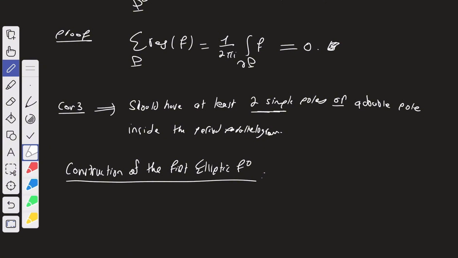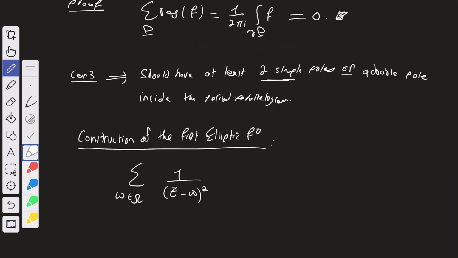Since we should have a double pole or at least 2 simple poles, you might think of looking at terms of the form z minus omega, where omega is a period, and then we run over all the periods. If we sum over all the periods in the lattice,